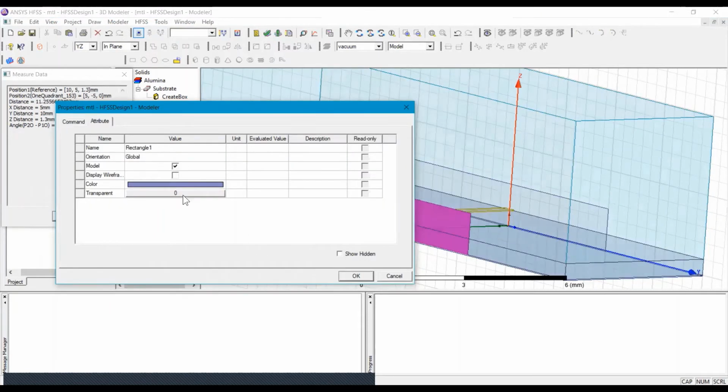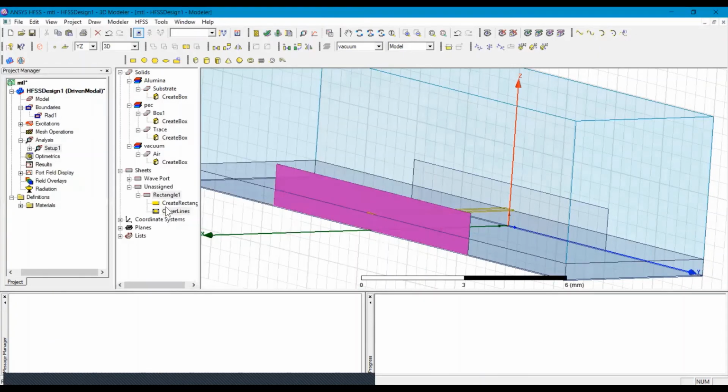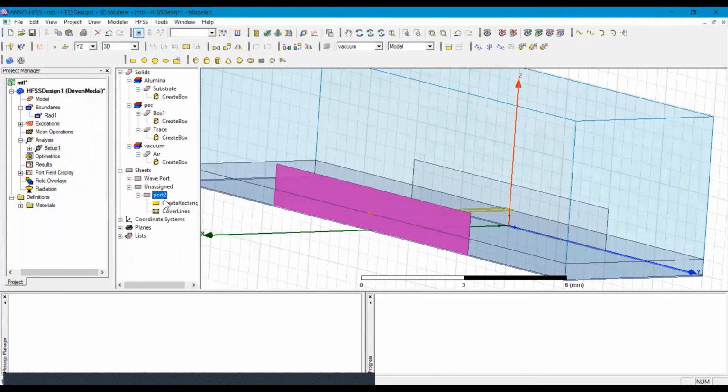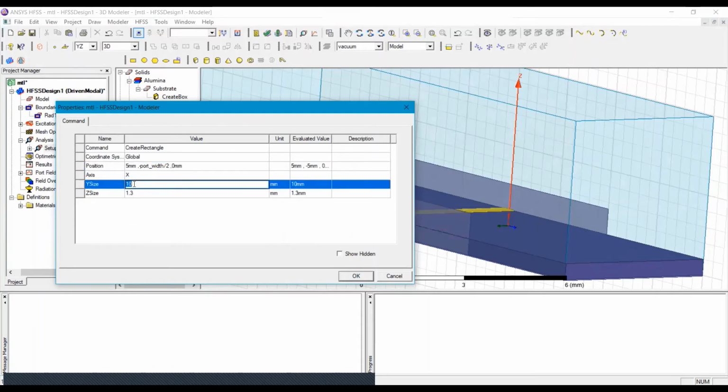So again we got another port. Now we will provide the name port 2, and again we will assign the variable, that is port_width divided by 2, and this will be port_width.